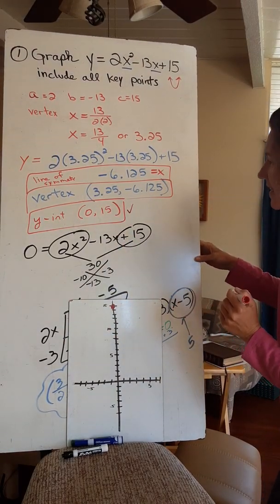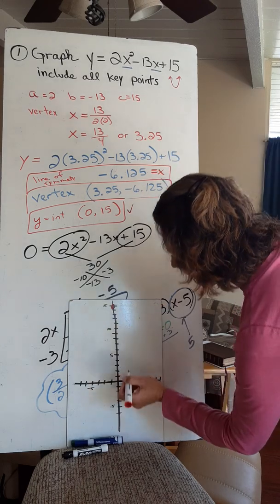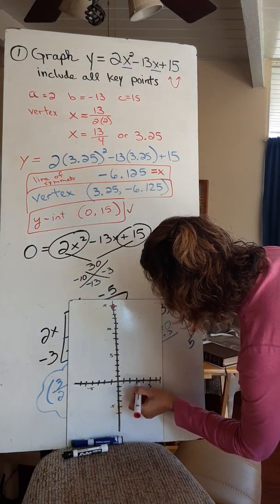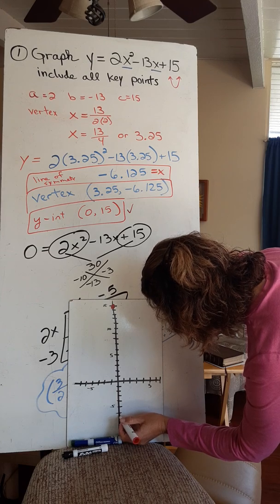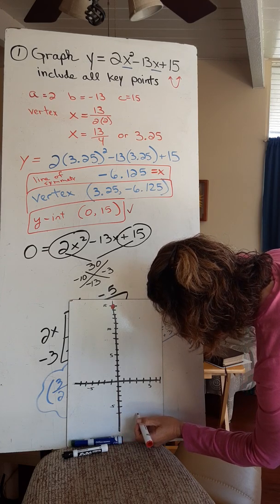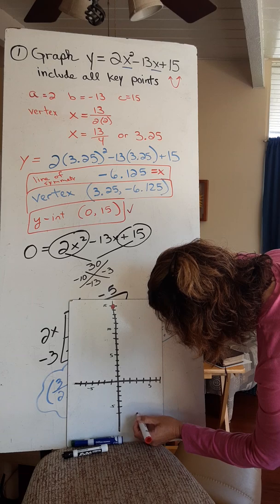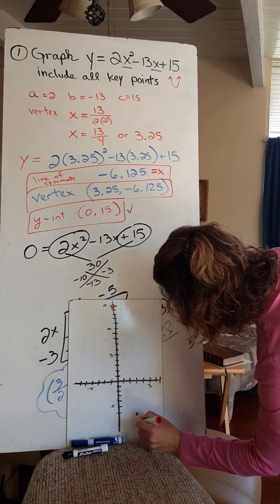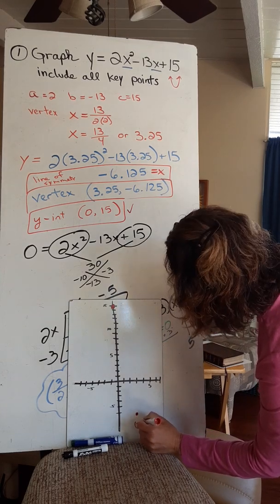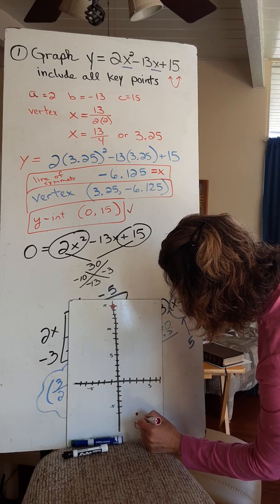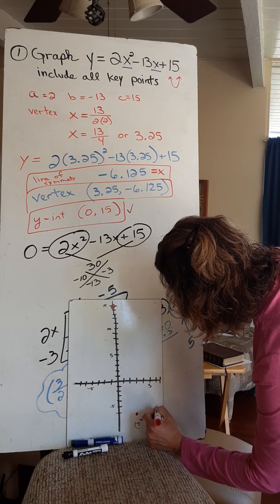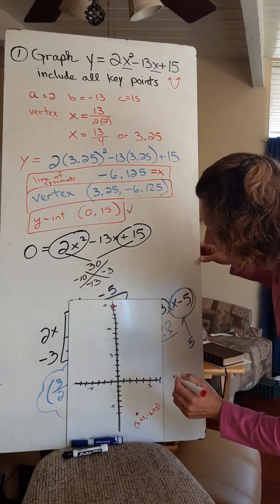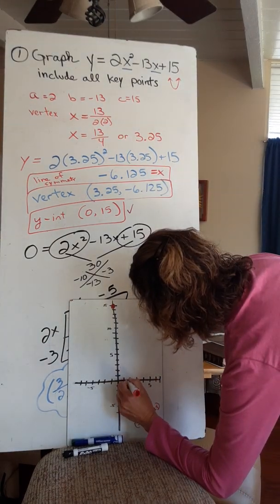Our vertex is at 3.25, 1, 2, 3, and about a quarter, negative 6.125, so we're just estimating. And we'll label it so we know 3.25, negative 6.125. And then our x-intercepts were 1.5